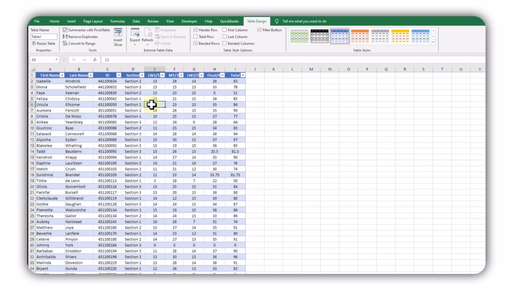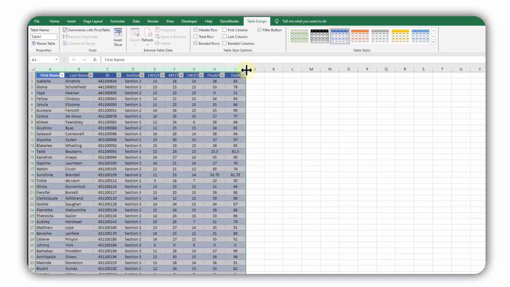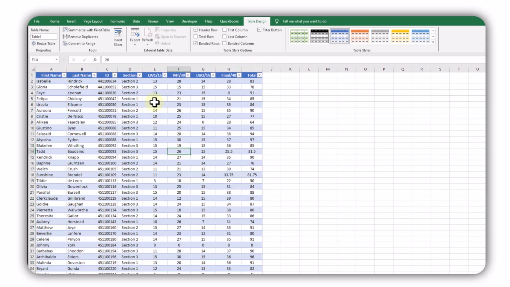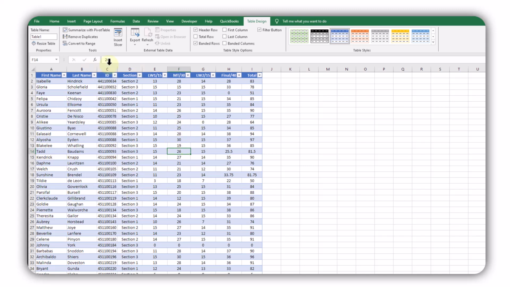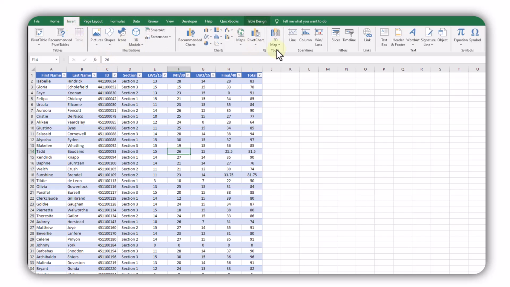Now you see here, this is our data converted into a table. Let us display everything. One more thing that we can do here is to sort our data even from here, right? But let us see how the slicer looks like. So we should be in the insert tab, and here you have the slicer under filter. So I will click